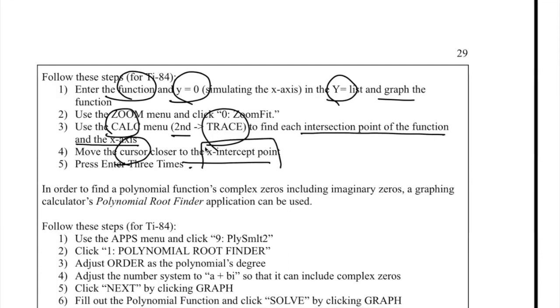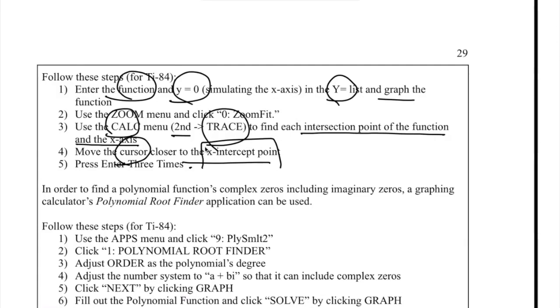So that is a very useful way of finding the x-intercept or root of a polynomial equation if you were to find it. But this is more like visual stuff. It kind of tells you visually where the x-intercept is. If you're running out of time and you want to find roots in a very simple way, or if you want to find polynomial functions' complex zeros as well, you cannot use the x-intercept feature because x-intercepts